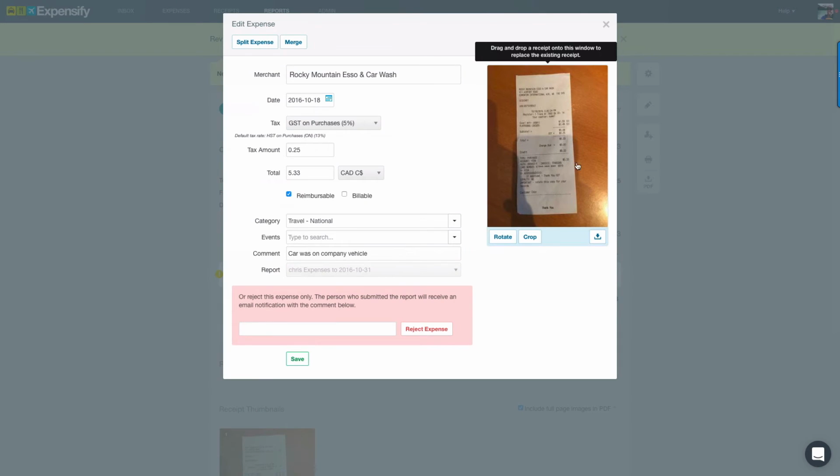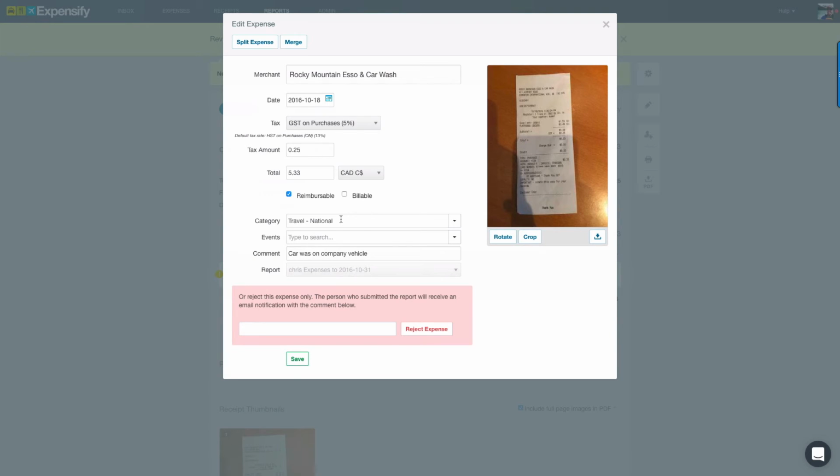I can view the image of the receipt, and I just want to verify that the information that the employee has entered here is correct and accurate and that no changes need to be made. One thing to watch out for, you want to make sure that the category is the appropriate category. So if your staff are reporting by department, you may need to make sure that this is coded to the